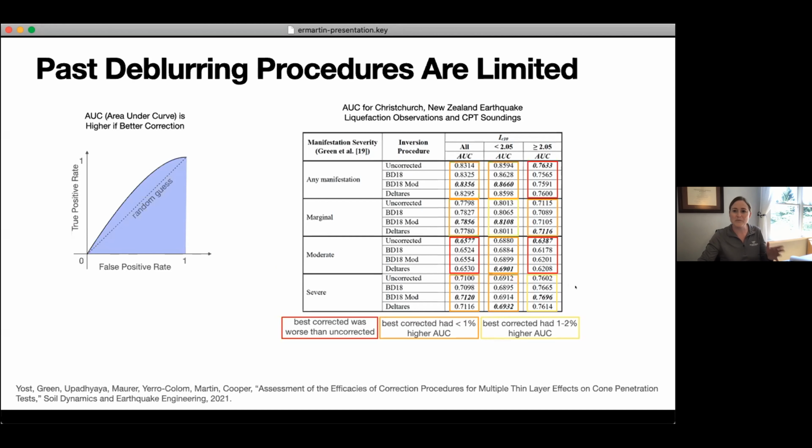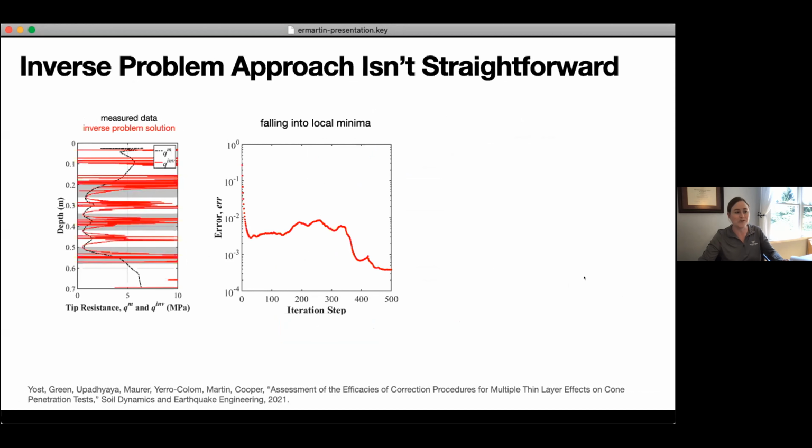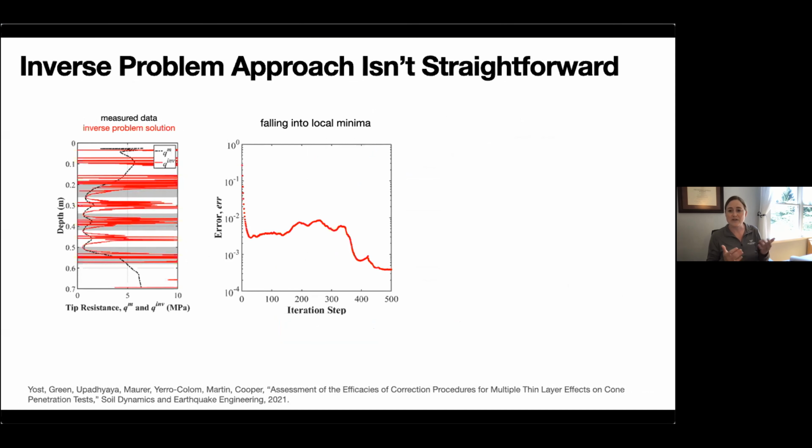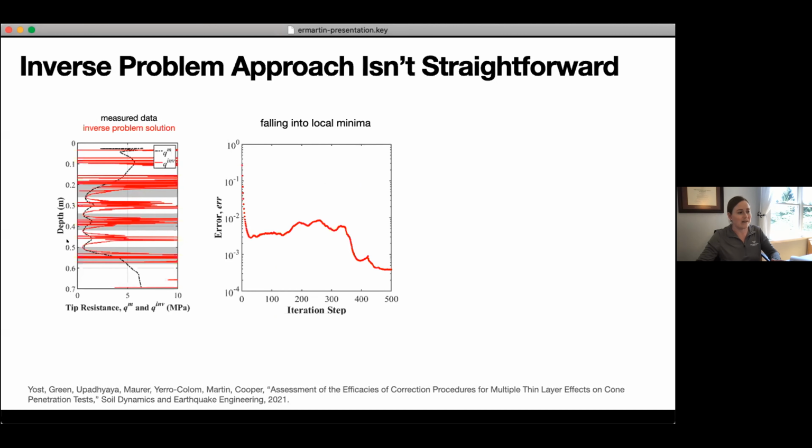So these were pretty limited. We saw that there's a lot of open room to improve our inversion procedure. Looking at that Boulanger and de Jong inverse problems procedure, in principle, it's a great idea, right? We just want to use a simple iterative splitting scheme to update what our profile is, and we want to be able to have some kind of simple blur function that's going to match our data. But in some cases, we're really falling into our local minima,